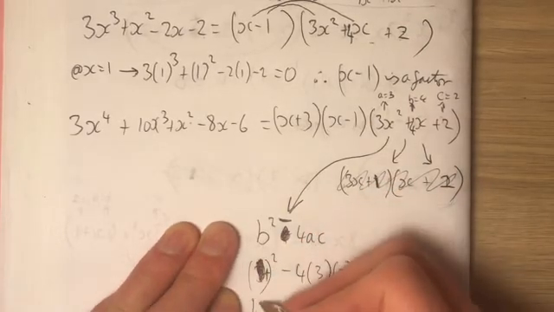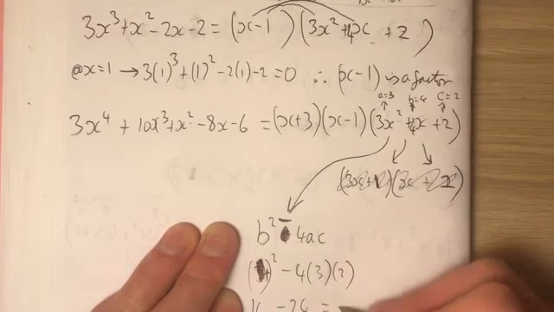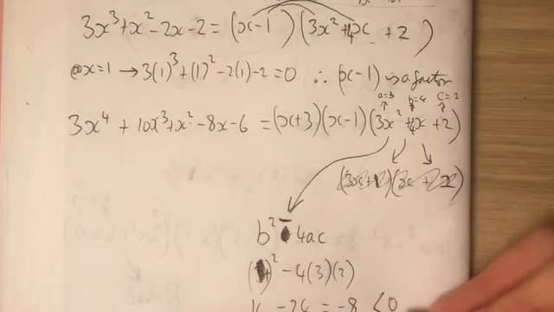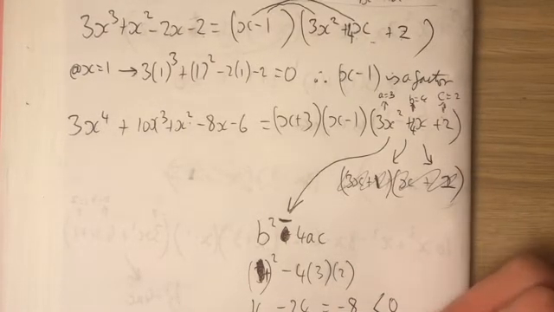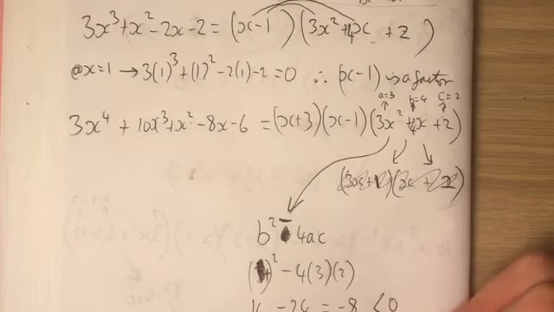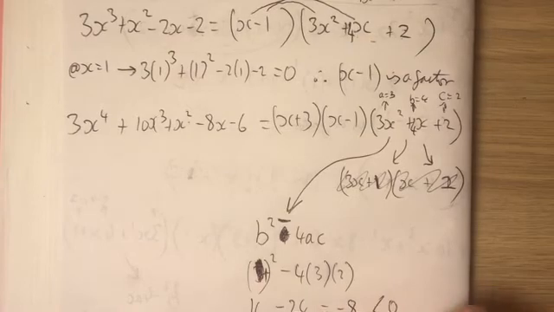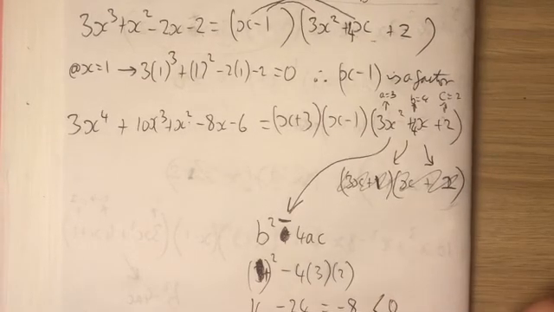So B squared is 16, minus 4 times 3 is 12, minus 24, equals negative 8. So what we do is we say less than 0, therefore no solutions, therefore the answer is already fully